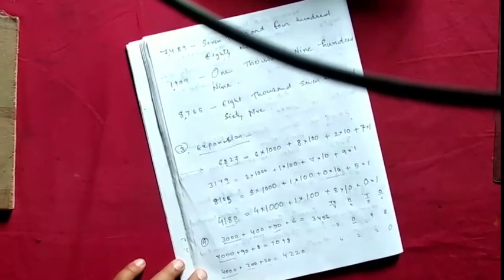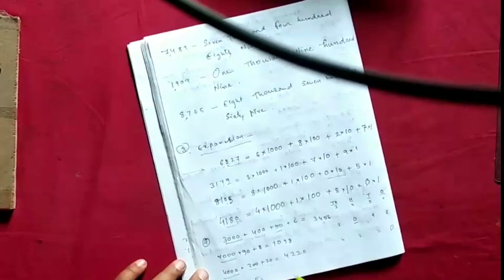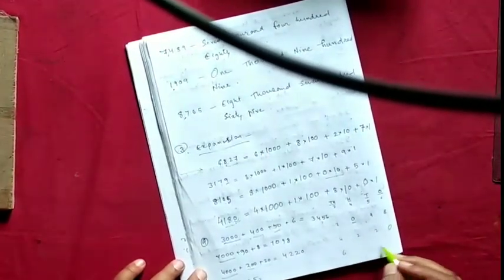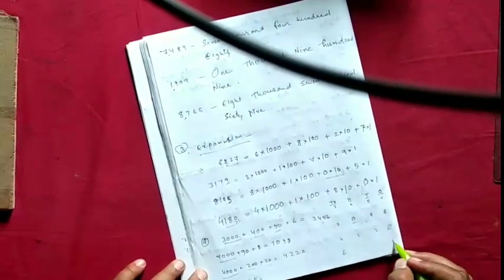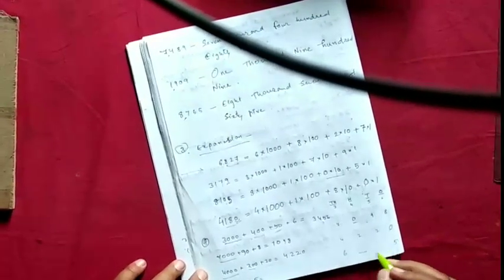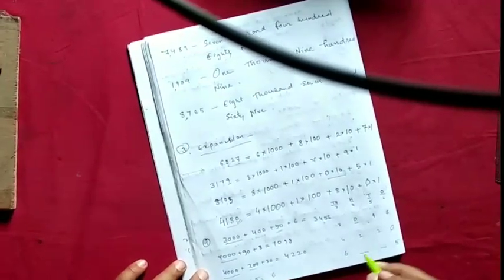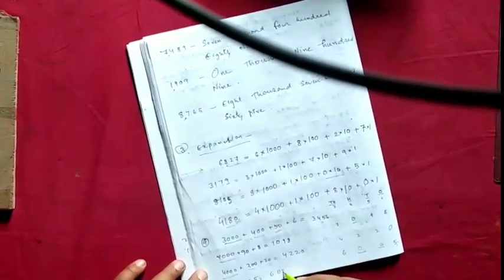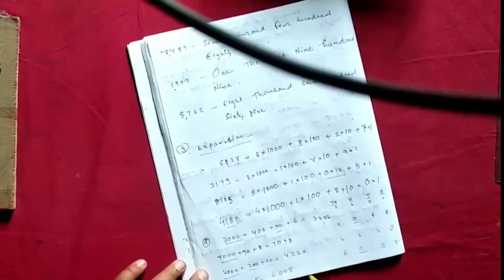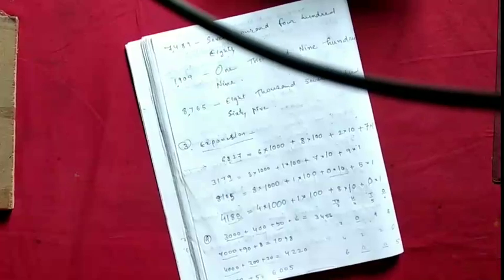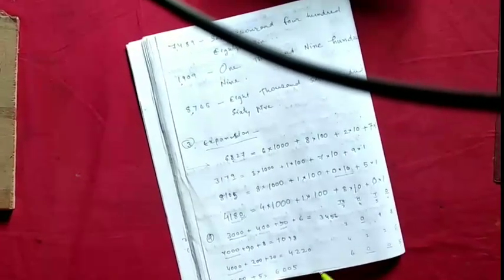So 6000 plus 5. Again see, 6000 is 6 in the thousands place and the other places are empty. So 5 is only in the ones place. So here 2 digits are missing. Two digits missing means we should not write 65. We write 0, 0, then this will be right. If you write 65, this will be wrong.